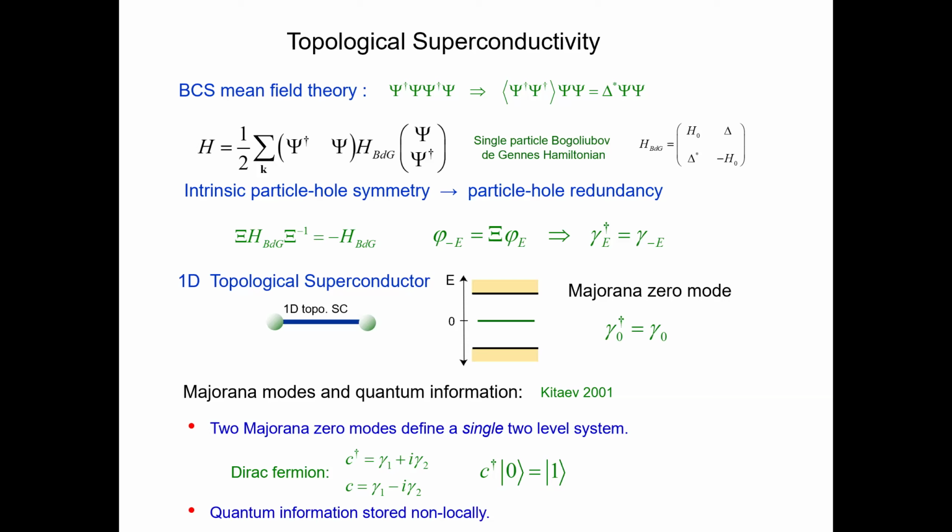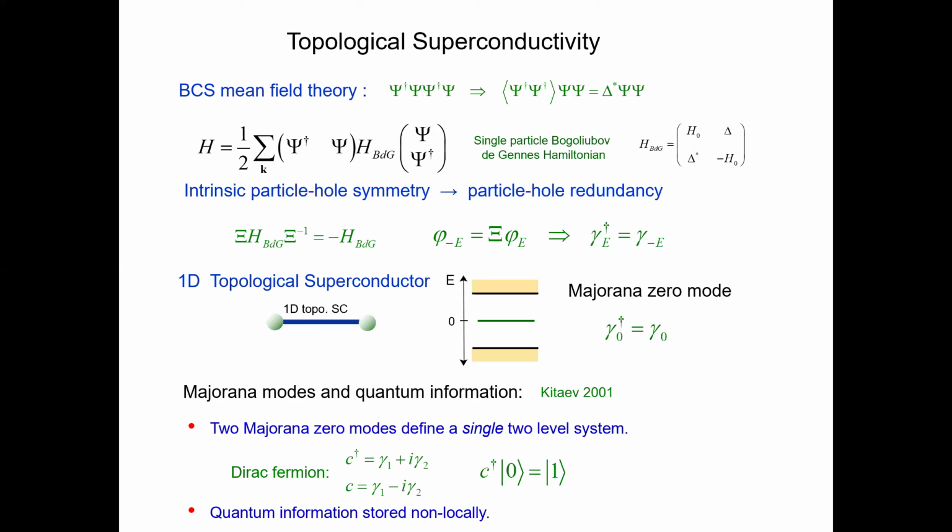But now you can ask the question: we have an energy gap and a Hamiltonian as a function of K. Could it have topological states? The simplest version of that is in one dimension, and it's really just like the Schrieffer-Heeger model, this polyacetylene model that we wrote down. If I have a one-dimensional superconductor, could there be bound states at the end? There are states at positive energy, states at negative energy, separated by an energy gap in the bulk. Could there be states within that energy gap that are localized at the end?